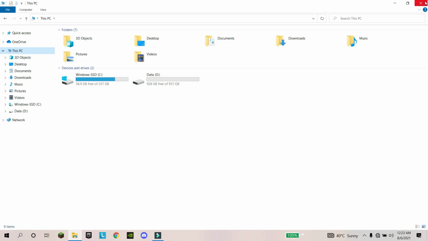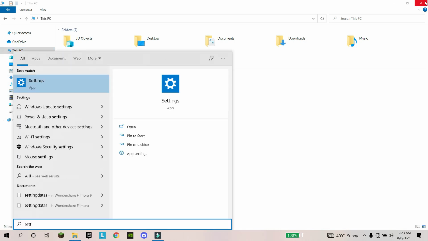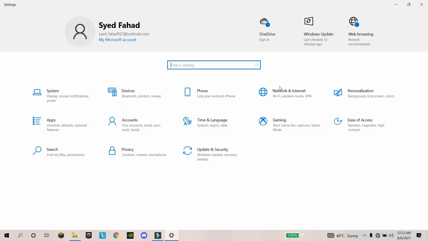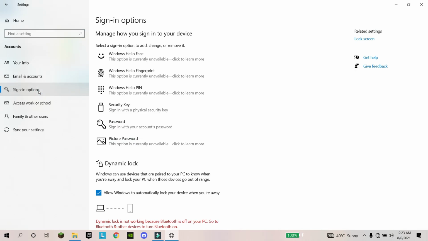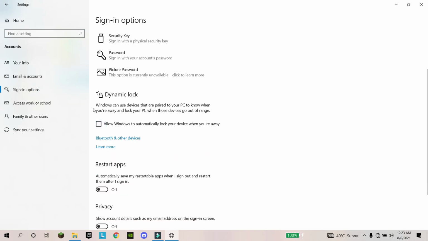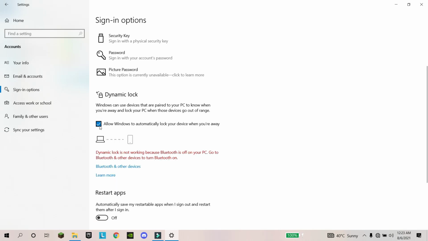Just click on the Windows button and search settings. Here you will find accounts. You click on accounts, and in this you will find the sign in option. Once you click on sign in options, you go down, and here you will see Dynamic lock. In this dynamic lock, you can see Windows can use devices that are paired to your PC to know when you are away and lock your PC when those devices go out of range. So just click here, and